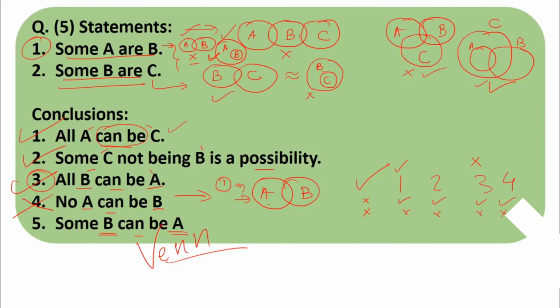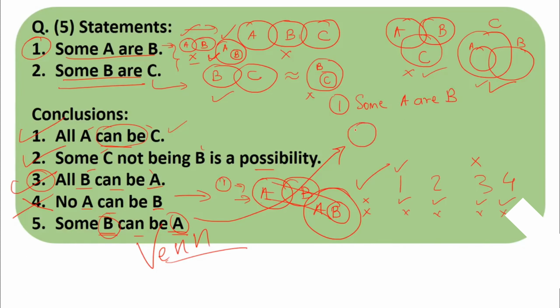Okay, I'll draw these two situations again over here at the bottom. Let me draw it properly so that you will understand. Some B can be A. So the relation between B and A is needed. This relation can be found in statement number 1. What is the statement? Some A are B. How do we draw it? We draw A, we draw B. What is the other way to draw it? Is there a possibility of another way of drawing it? Yes, there is. We draw a bigger circle and draw B inside it, exactly like what we did over here.